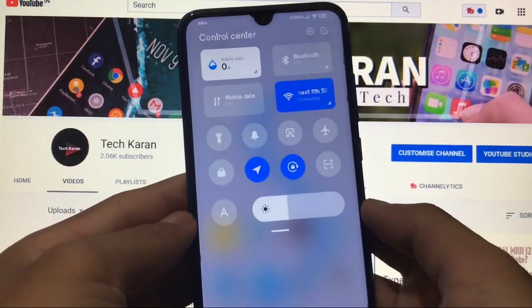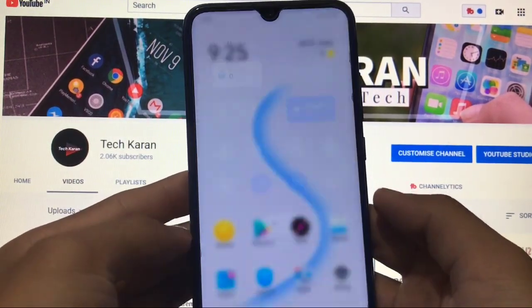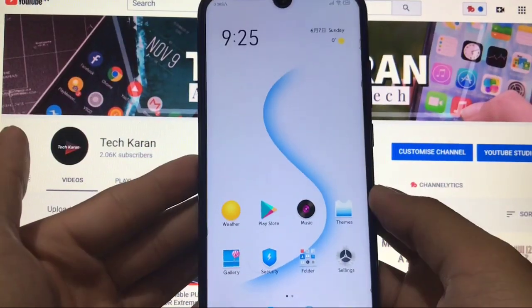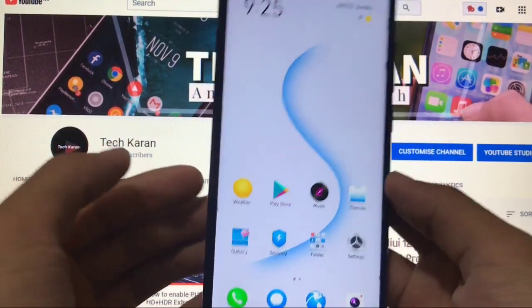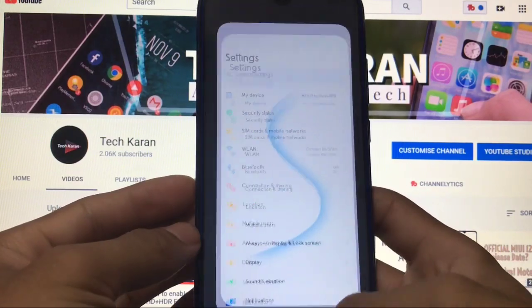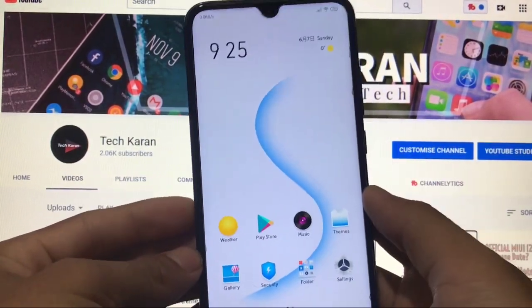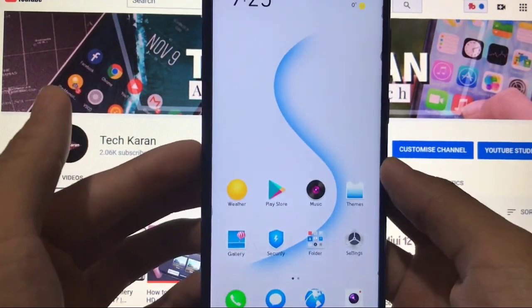If you talk about the control center, it is pretty smooth, as you can see, no lags at all. And one of the best things about this build is you get stability alongside performance. Like app animations, yes, some lags are there for Redmi Note 8, but not that heavy. You can use this build as your daily driver.